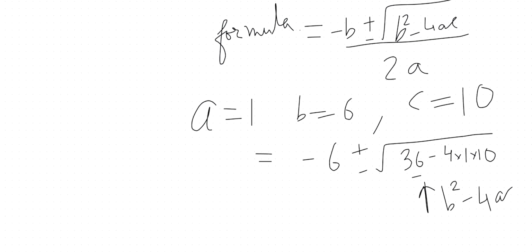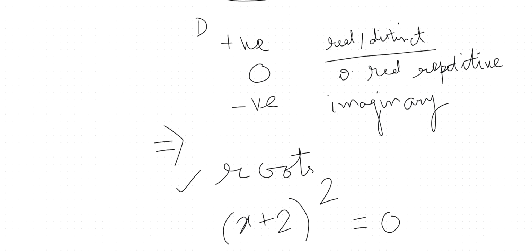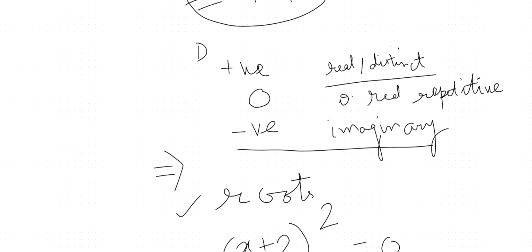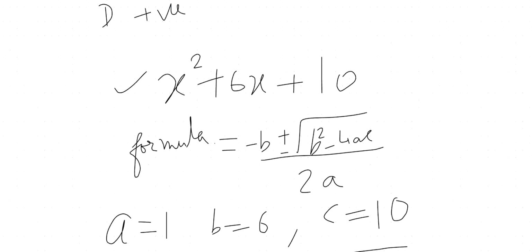तो अगर आपको ये डिस्क्रिमिनेंट b square minus 4ac मिल गया है और वो एक नेगेटिव नंबर आ रहा है, तो इसका मतलब, जो हमने अगर आप याद करो, पहले इसके बारे में बात करी है कि अगर हमारा डिस्क्रिमिनेंट नेगेटिव होता है, तो हमारे जो रूट्स होंगे वो इमेजिनरी होंगे। तो इसका मतलब हुआ कि इस एक्सप्रेशन x square plus 6x plus 10 के क्वाड्रेटिक के रूट्स इमेजिनरी होंगे।